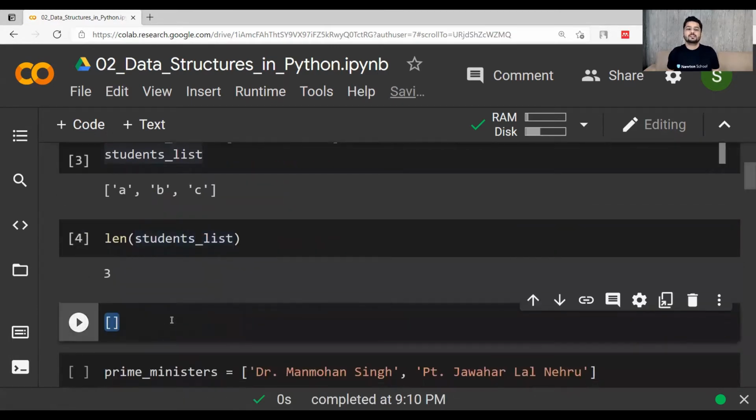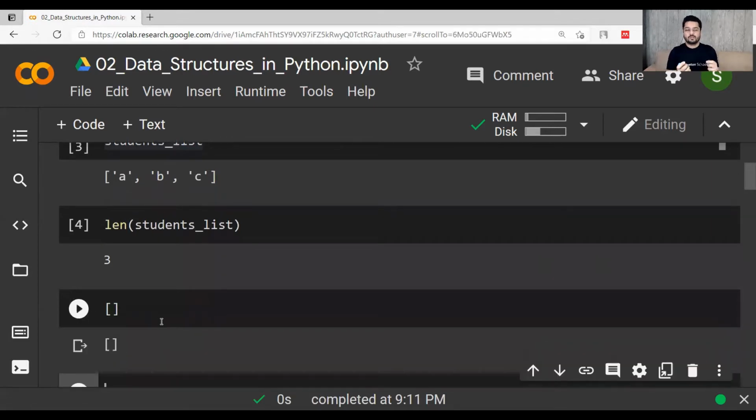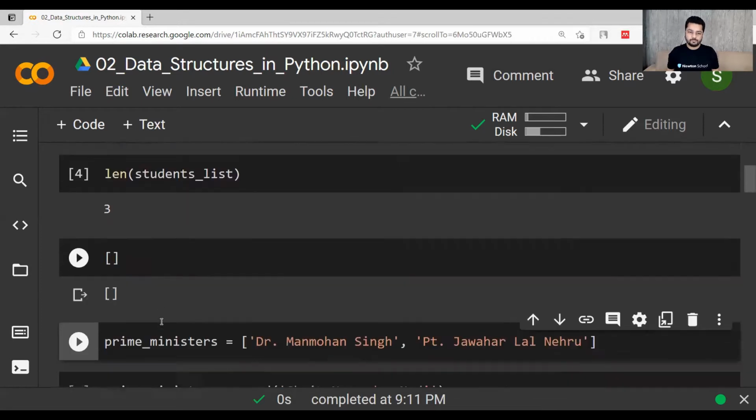So this is an empty list. Let's say you want to run a program, you are working with a for loop and the values will be updated and you want to store each value in a list. So initially you might want to have an empty list. This is how you can define an empty list. Obviously you will have to give it a variable name. Let's say a equal to this blank list, and then you can append every time to that a, and values will be appended from the empty list to whatever amount of values you want to put into it.